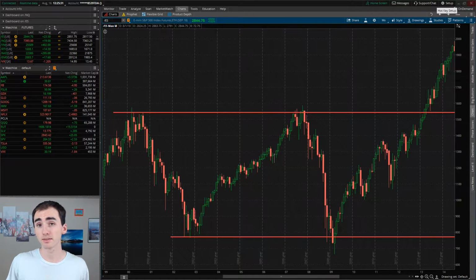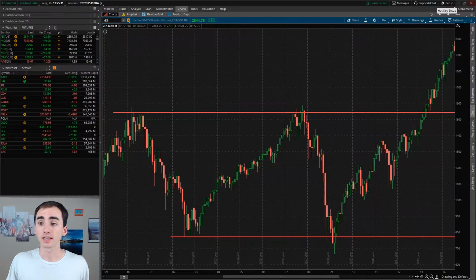This time you can see that the market broke through this level. A big thing is when a support level or resistance level gets broken, that can be a big shift in the overall trend. Once it broke through this resistance level, the market started a huge rally over the next few years. Another thing I want to point out is once it broke through this level,